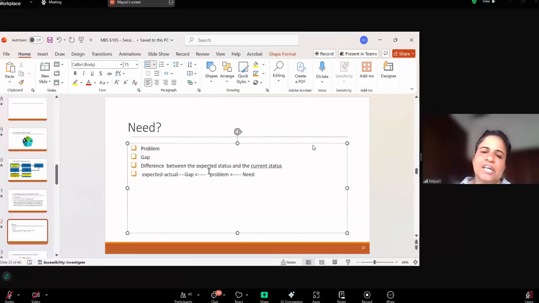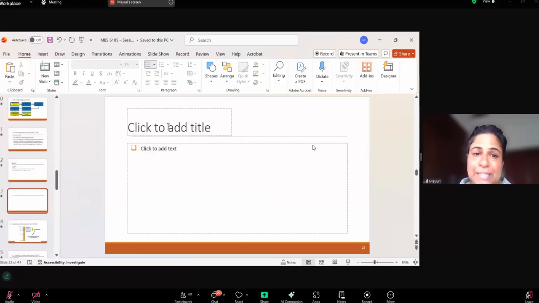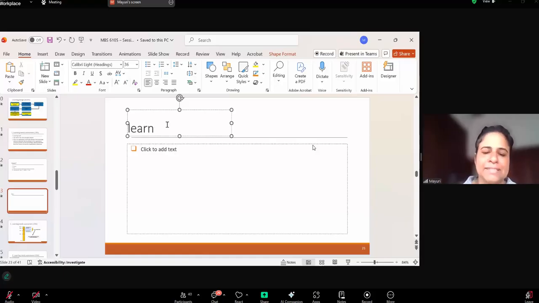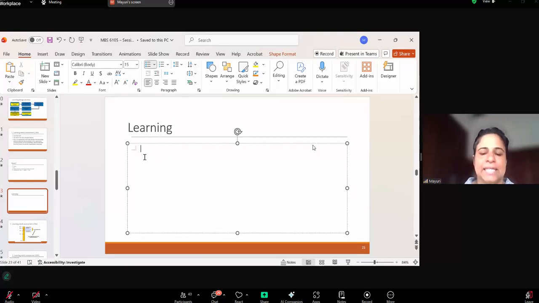So therefore, applying this general logic to the context of learning, we define learning need as a problem of